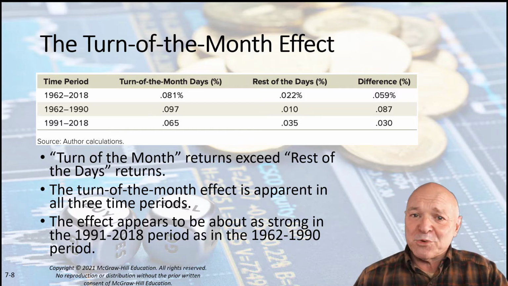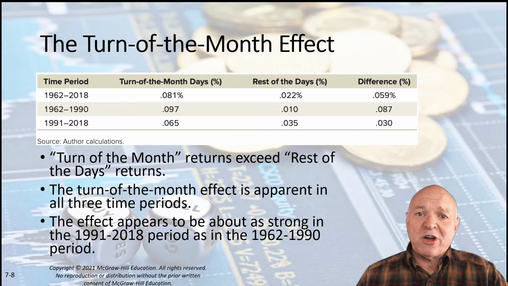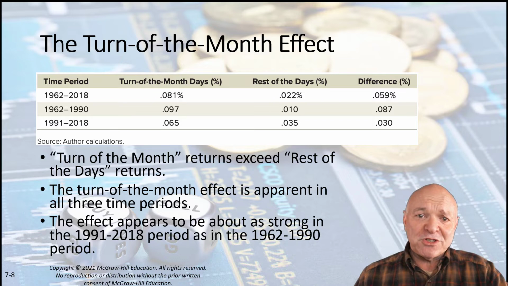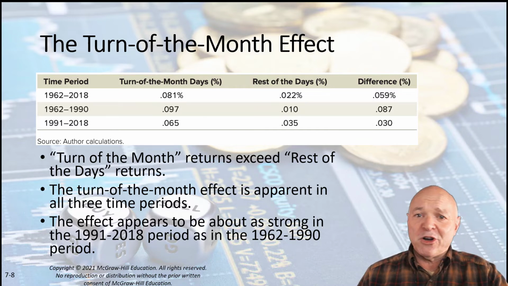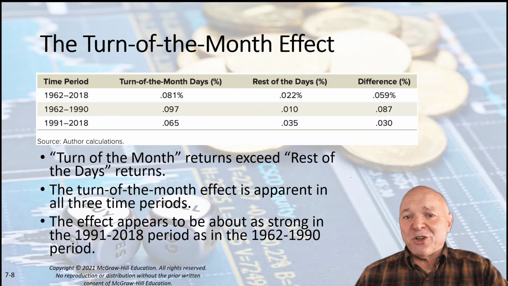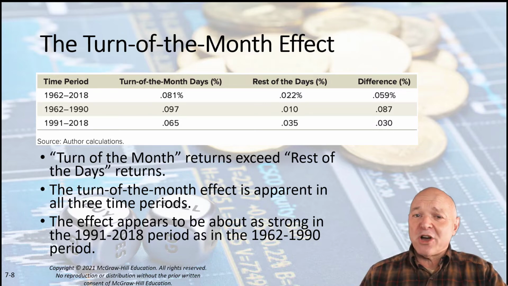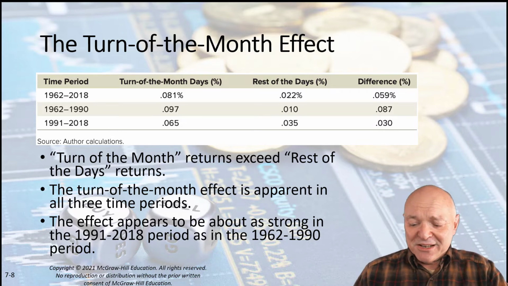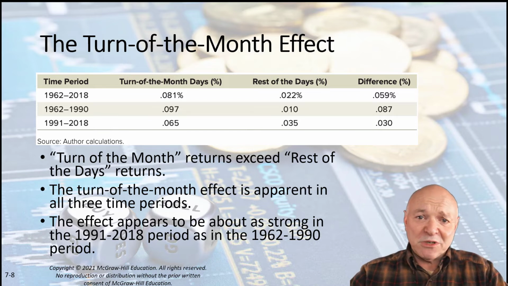One of my favorite was odd lot theory. Essentially, it said that small investors tended to buy shares in odd numbers. Round lots or whole lots essentially were a block of 100 shares or 1,000 shares depending on the price. And large investors tended to buy round lots. Small investors tended to buy odd numbers. And so if the odd lot interest was high, then that was probably a stock to avoid, because whatever the small investors are buying would probably do badly. Now, that one again is no longer as relevant because we don't see that kind of trading pattern anymore, but it was an interesting one for quite a while.